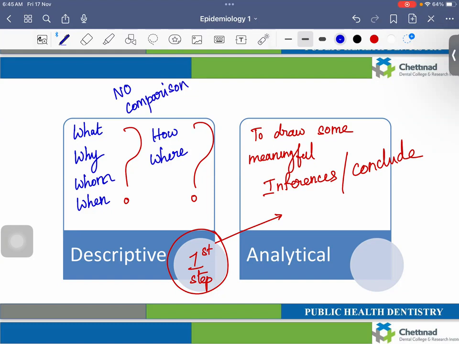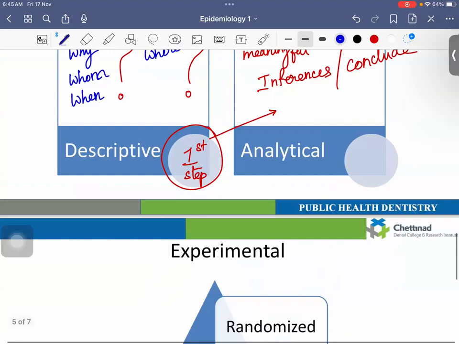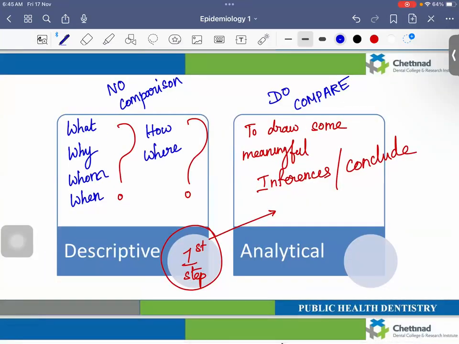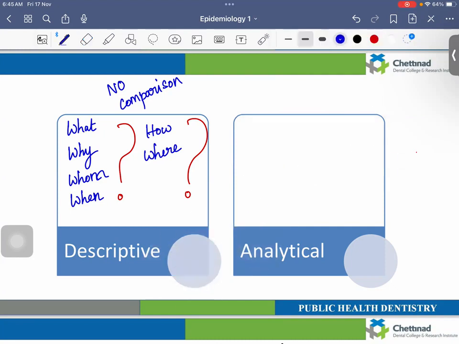Whereas in analytical epidemiology, we do compare. We do compare between gender, we do compare between ethnicity, we do compare between age groups, we do compare between whatever ways possible are available to us. Okay. So we have seen what is called descriptive epidemiology and we have seen what is called analytical epidemiology. This analytical epidemiology is further classified into multiple study designs called